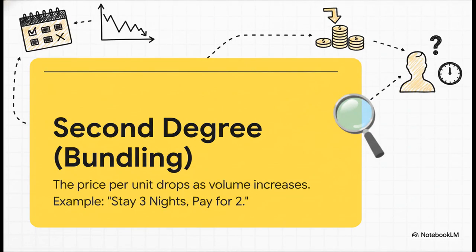Now, second degree is way more practical, and it's really clever. An offer like stay 3 nights, pay for 2 is a perfect example. The genius of this is that customers sort themselves. The business traveler who absolutely has to be in town for one specific night can't use that offer. But the family on a budget with a flexible schedule jumps on it, and in doing so, they reveal that they're price sensitive. You've just created 2 different price points and let your customers choose, capturing revenue you would have totally missed otherwise.